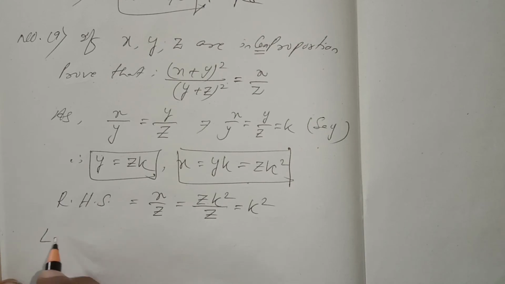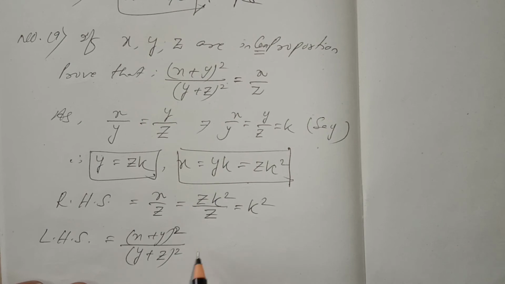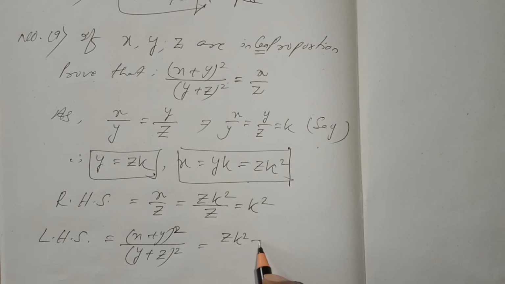The left hand side will be how much? Left hand side is (x plus y) whole square by (y plus z) whole square. Now x is equal to zk square and y is equal to zk. You have to put the value, divided by this whole square,